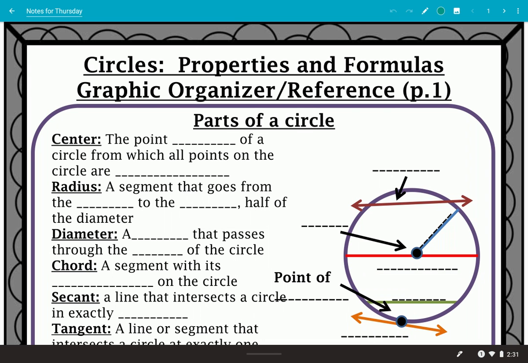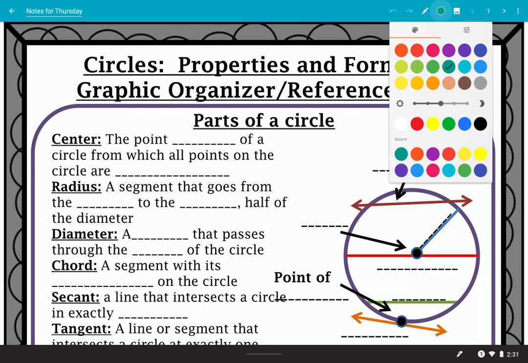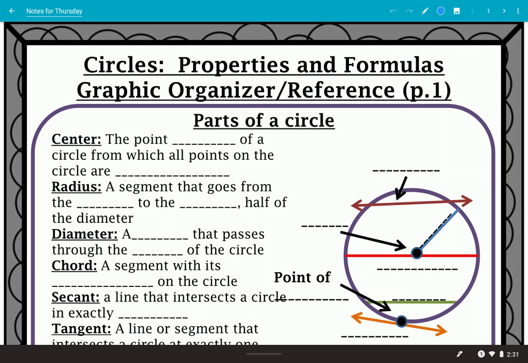Hello, today we're going to be working on the parts of a circle. So labeling parts of a circle. So the center, and that one is in blue. So the center is the point inside of a circle